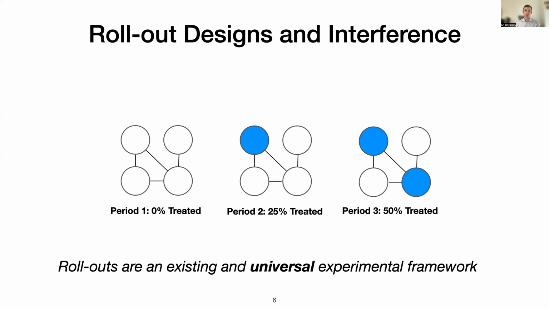So to tackle this problem, we're going to use something called a rollout or ramp-up experimental design. These designs are a universal experimental framework, and the infrastructure to run these experiments is ubiquitous throughout industry and especially in technology companies. The idea is that we will successively treat more and more individuals and evaluate our policy at each period. So in each period, we choose some individuals to be treated and evaluate the policy. Then we choose some more individuals to be treated and again evaluate the policy. If the policy turns out to not be working well, we may revert. We're going to try to exploit this structure to learn a little bit about the interference patterns.